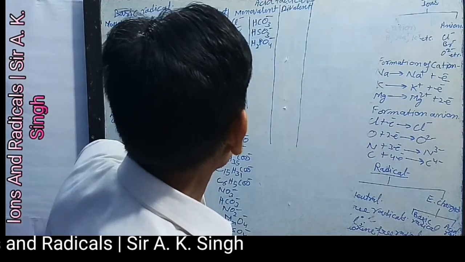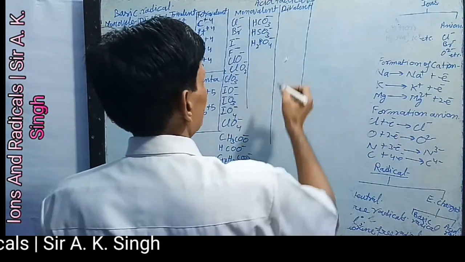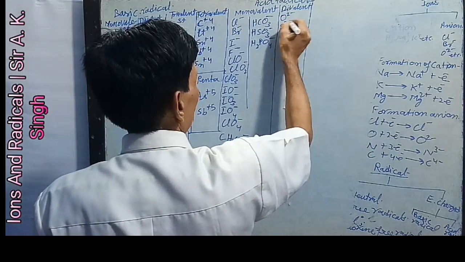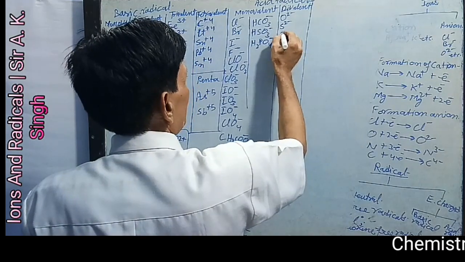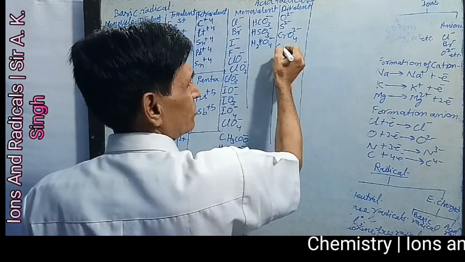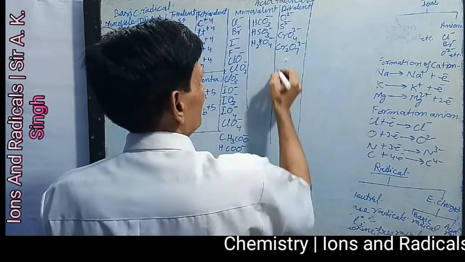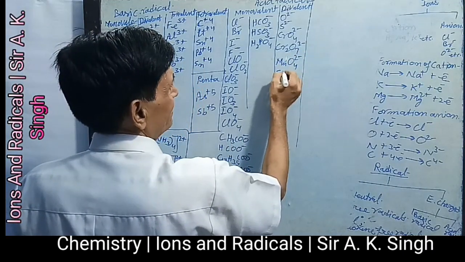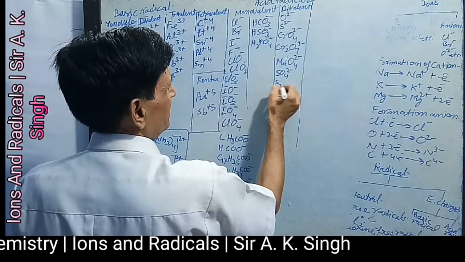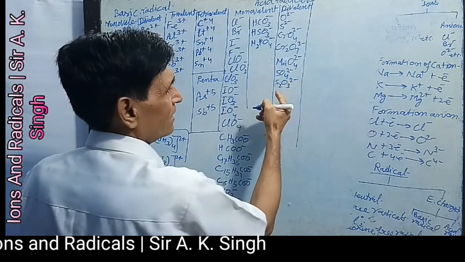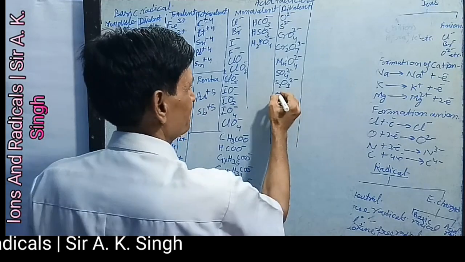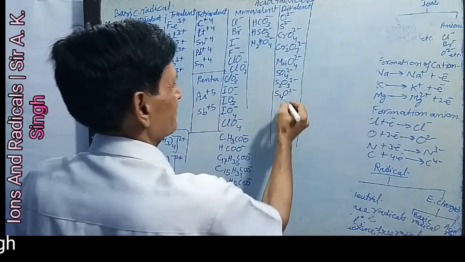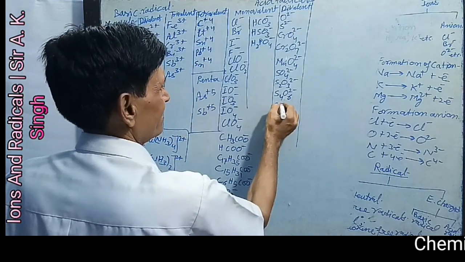For those anions which have two negative charges, for example, first oxide, sulfide, chromate, dichromate, manganate, sulfate, thiosulfate, tetrathionate, sulfite,